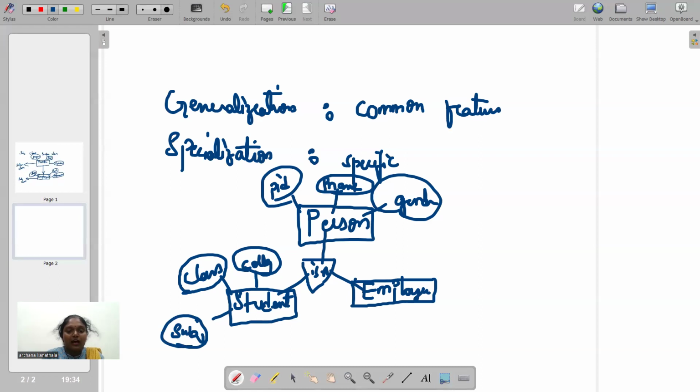Okay? So these are more specific to the student. Now, in the other aspect, a person can also be an employee, but here the employee subclass type can have these three attributes, that is PID, PNAME, and gender. In addition to it, it can also have salary